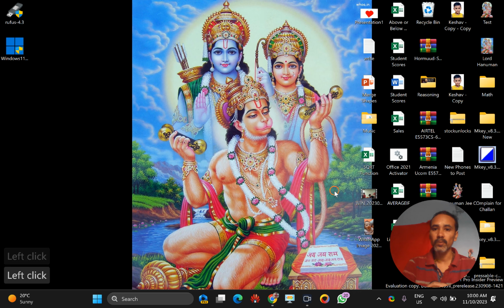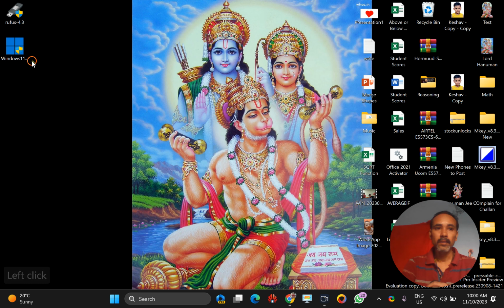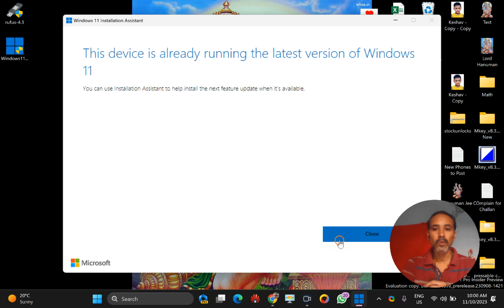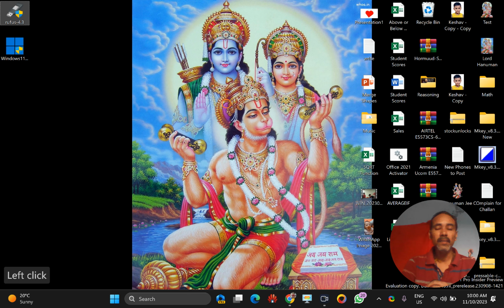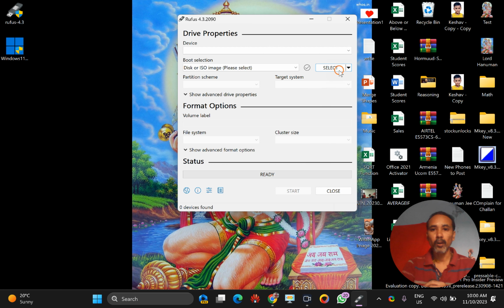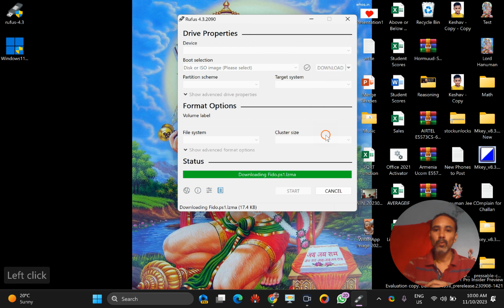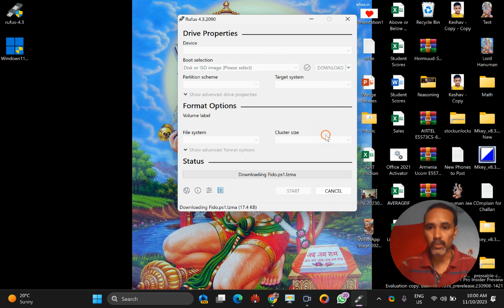Again click on the Close button, then again run the process of Windows 11 downloading.